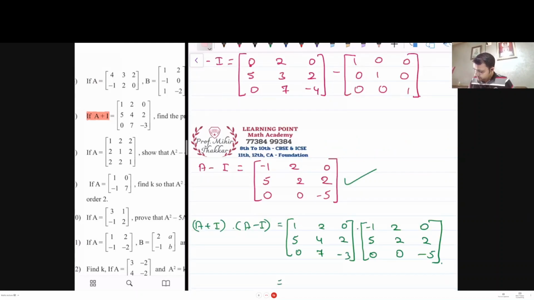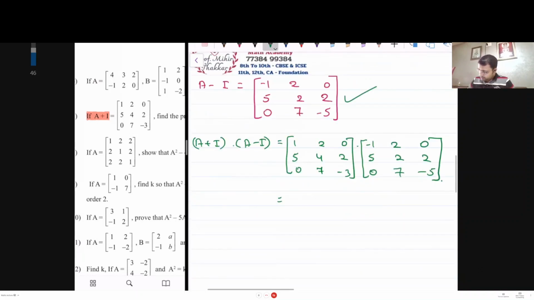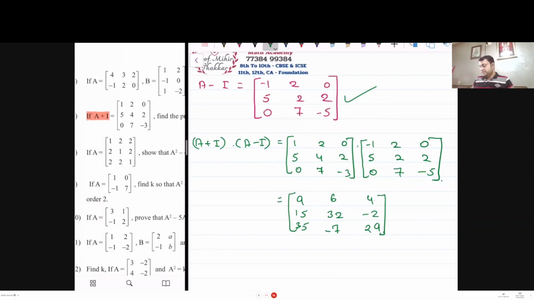So let me make the correction. This is 7, and take this 7. One second. It is 9, 15 and 35. Okay. And the next. All right. Everybody else also please check the middle element over here. All right. So everybody just check if you are also getting the same answer, guys.